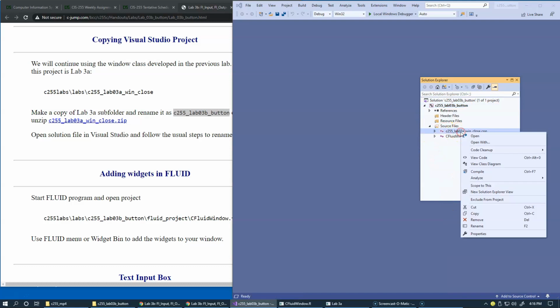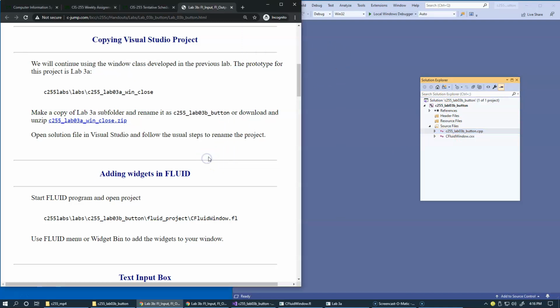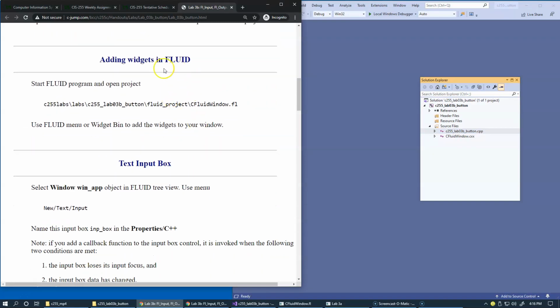And I have a habit of renaming the main file as well. Although the content so far hasn't changed a lot, it's nice to have a main file corresponding to the name of the project. That's a possibility. Another possibility would be just to name it main.cpp, but it's also a good choice. Alright, so now once we have this in place and our project is ready to go, let's complete the redesign